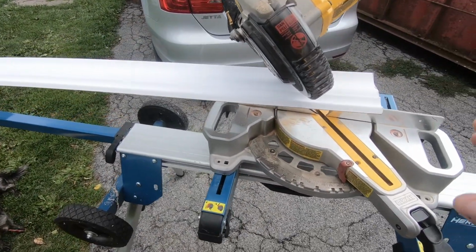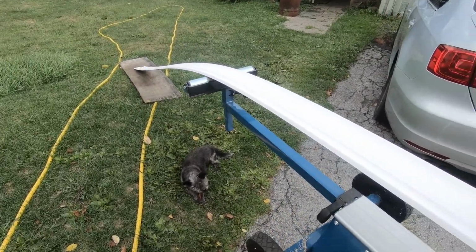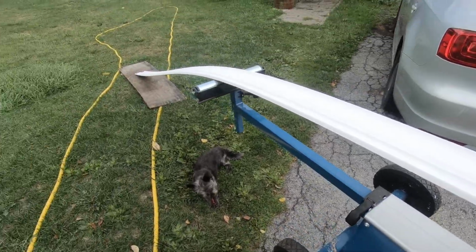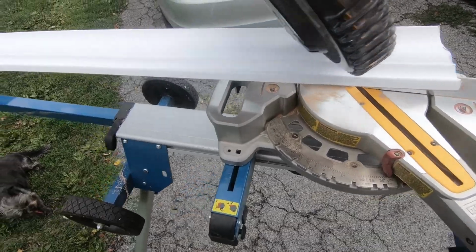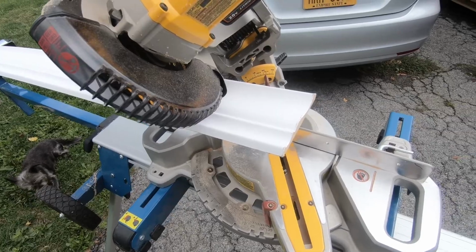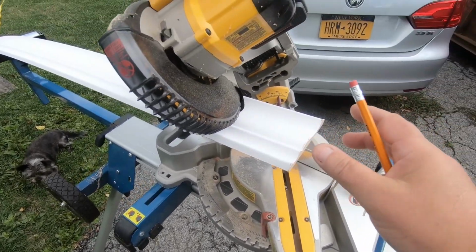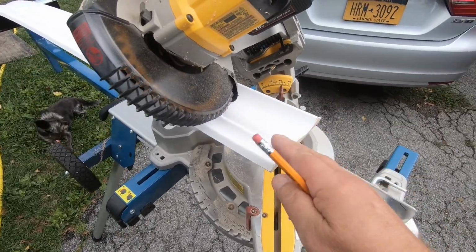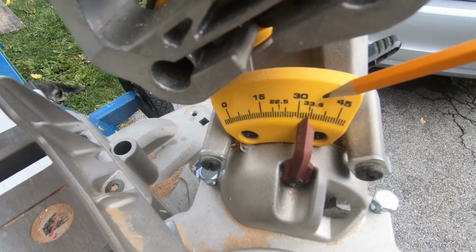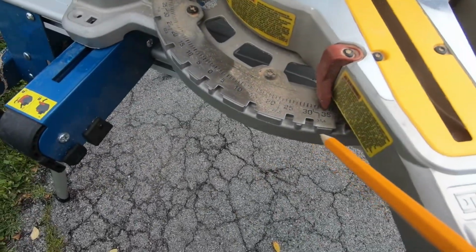All right, YouTube. So I'm outside. I'm going to cut this 12-footer here, this MDF crown. As you can see, it's like working with a wet noodle. I'm flat cutting it. Typically, I'll just do this real quick on these compound miters. This is just a single bevel, not a dual bevel. But the 33.9 degree mark and the